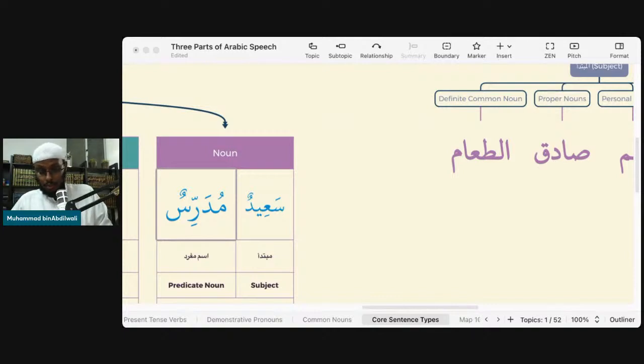Give me a sentence, or let's say, write a sentence that has a khabar. For now, we're going to call it noun khabar, okay? Let's just call it noun khabar for now. Not really something that exists, but let's call it noun khabar for now. They call it ism mufrad in Arabic. Write a sentence that has a noun khabar. Okay? You've got 4 words to choose from. And then come up with whatever word you can remember from the grammar challenge. The only thing I want from you, barakallahu feek, is that you use words that belong together.